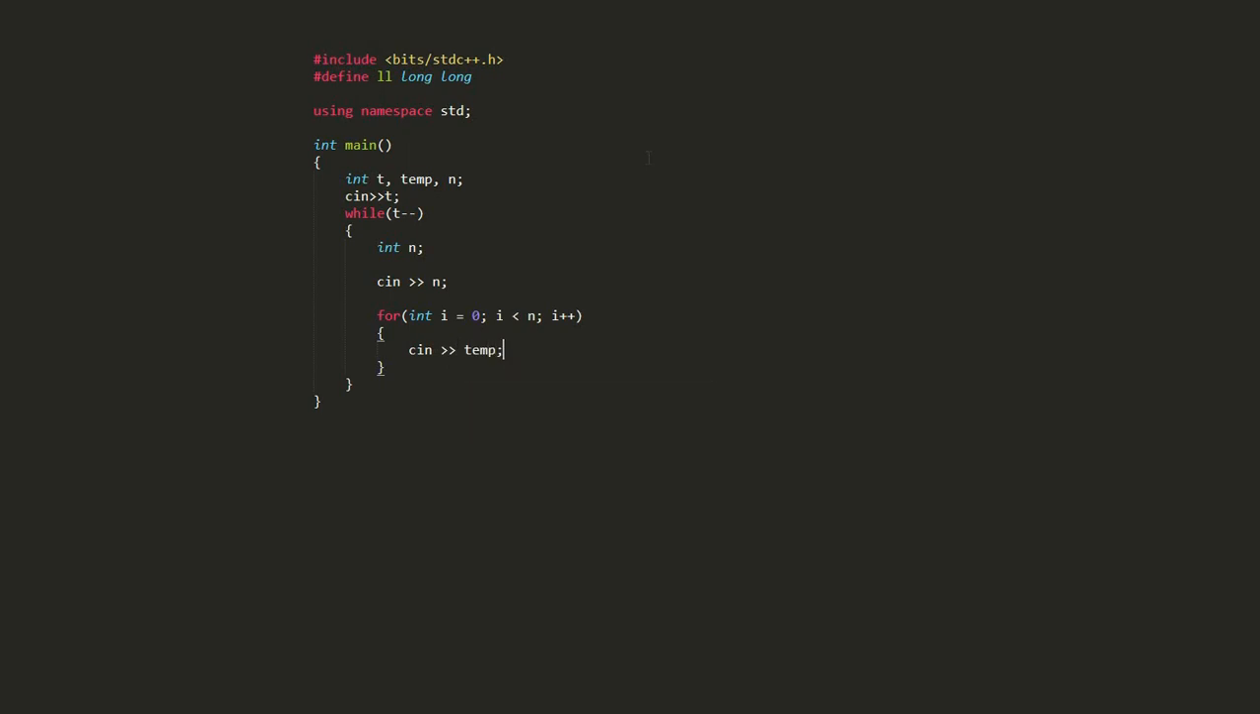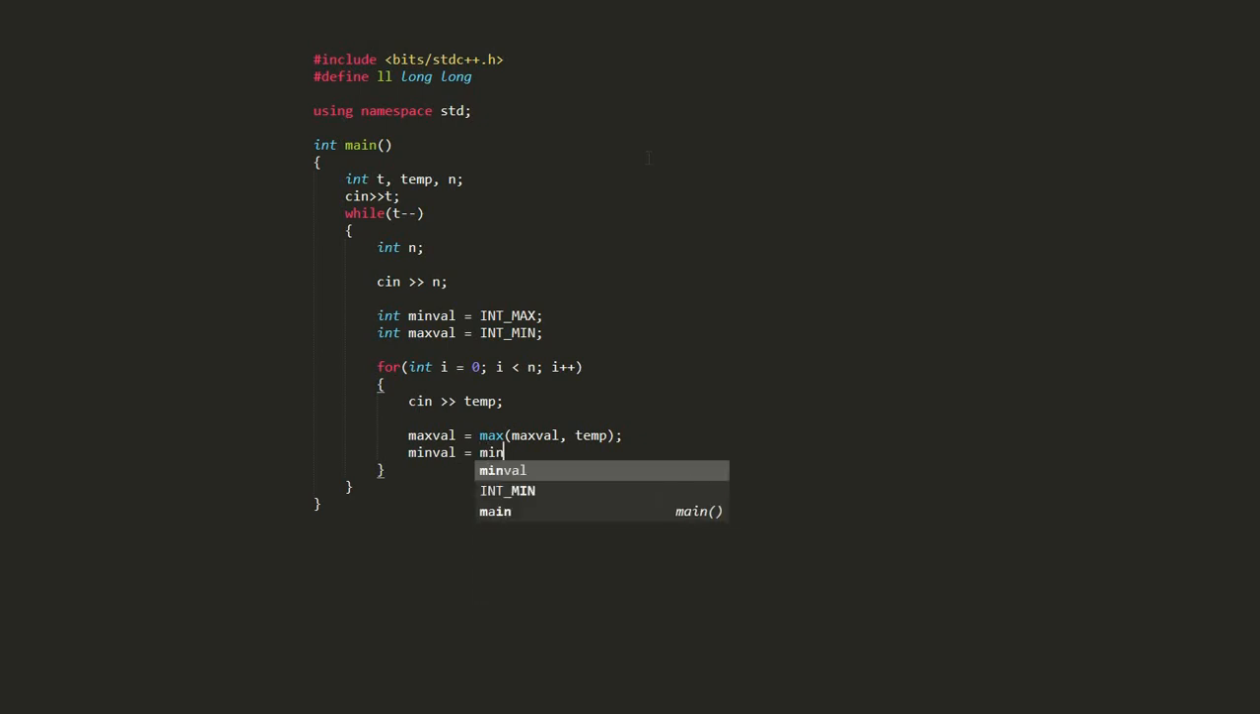Let us call this temp, and as I told you, the answer is 2 multiplied by the difference between the maximum and minimum value. So let us initially assume that the minimum value, that is min_val, is the maximum possible value and max_val is the minimum possible value, that is int min. Now during each iteration I can simply set max_val to be equal to the maximum of max_val comma temp, and min_val to be equal to the minimum of